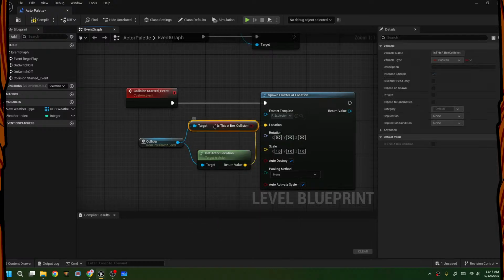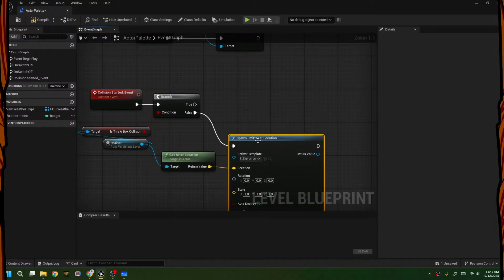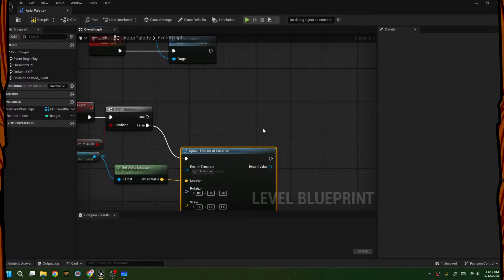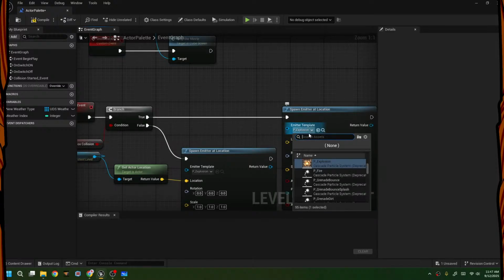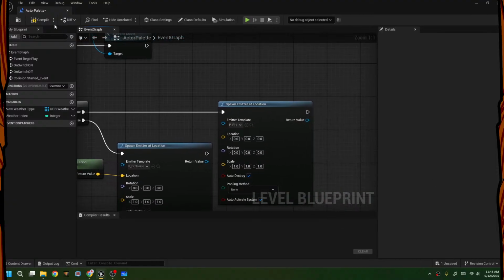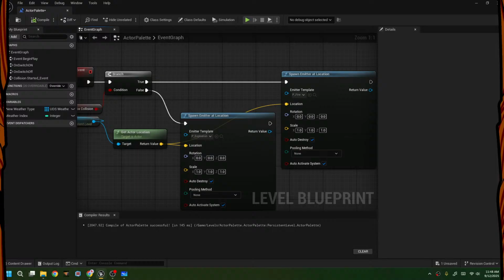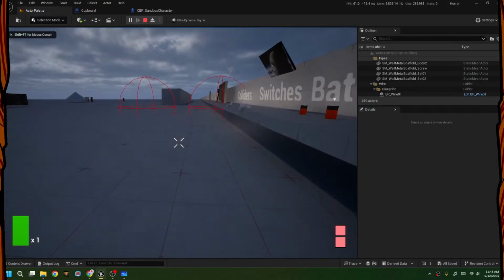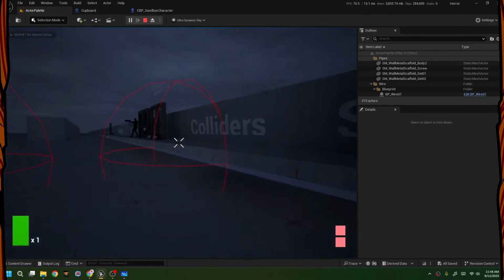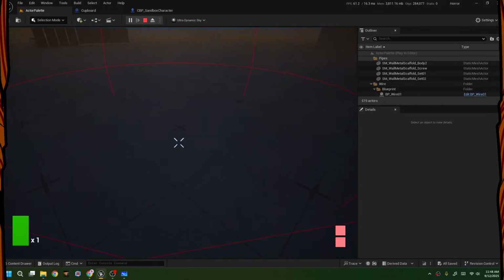Is this a box collision? And then we can set up a system. So sphere collision will cause explosion, whereas the other type of collision will create flames or a fire. Okay, and the location is going to be the actor location. So now what is going to happen is that this one should cause explosion, and this one, oh wait,